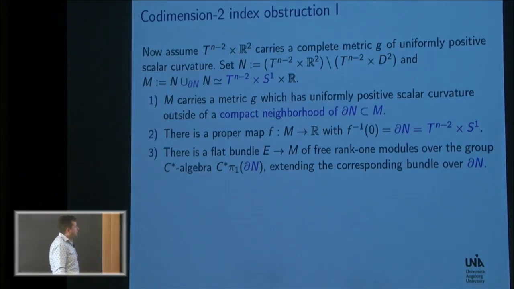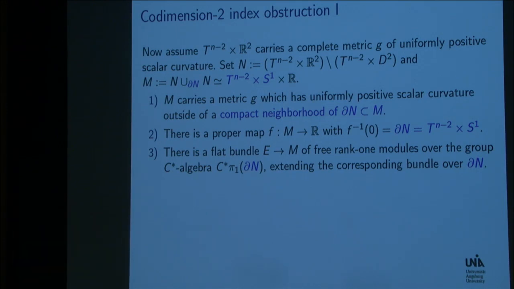And now let me go back to the original example in Gromov's paper. So we assume that this product carries a complete metric of uniformly positive scalar curvature. And now we apply the following construction. We remove a small tubular neighborhood around this torus, or this torus cross 0, that's better to phrase it like that. We remove this tubular neighborhood, and then we take the double of that manifold. And this double, metrically, looks a little,